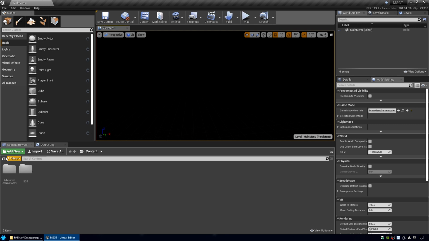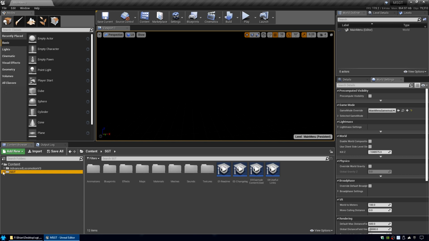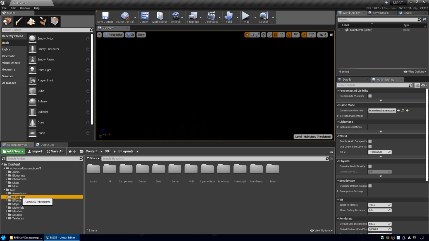All right, and same thing on the left here. See that Show or Hide Sources panel? I like to have that so I can see the folder structure that I'm working with. On there, let's go ahead and start by expanding SGT, and then we'll expand Advanced Locomotion V3. The folders are a little bit different. There's some extra folders in SGT, but if we want to start, go ahead and expand Blueprints under SGT